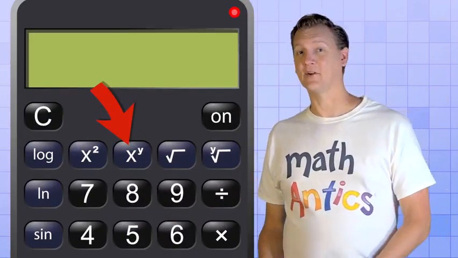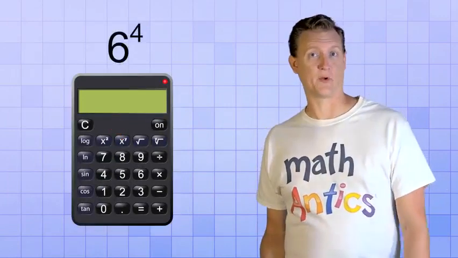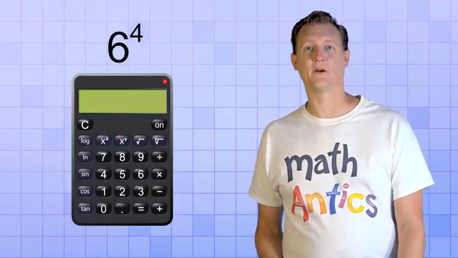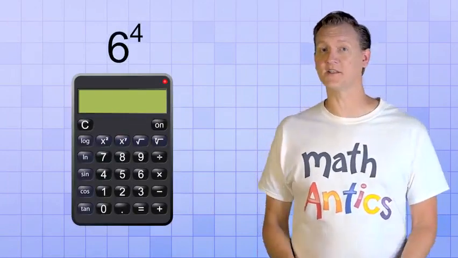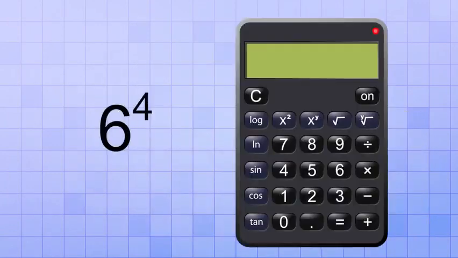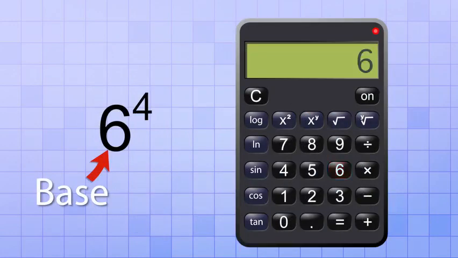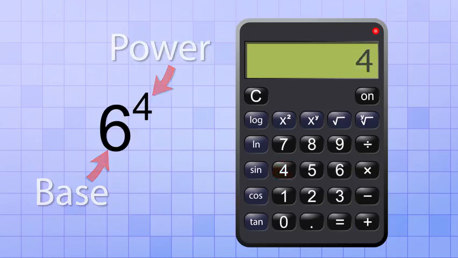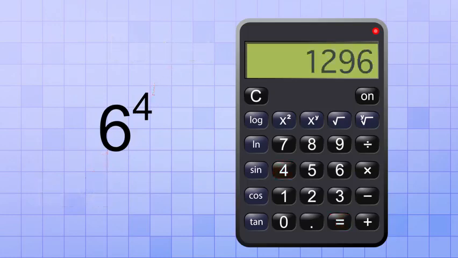Let's try using that calculator function to figure out what this exponent would be, 6 to the fourth power, which is the same as 4 sixes multiplied together. On most calculators, this is how the exponent button works. First, you type in the number that's the base of your exponent. So in this problem, we type in 6, and then you'd hit the exponent button, which might not do anything besides let the calculator know that the next number you give it will be an exponent. So next, you enter the exponent, or power, which is 4 in this case. Now all you have to do is hit the equal sign to get the answer, which is